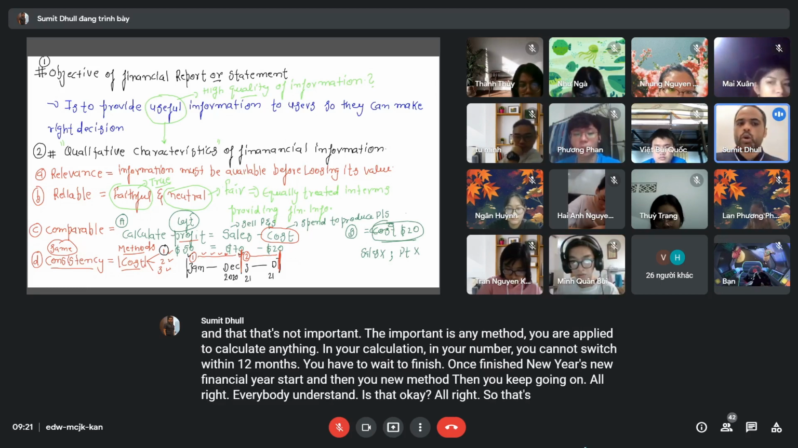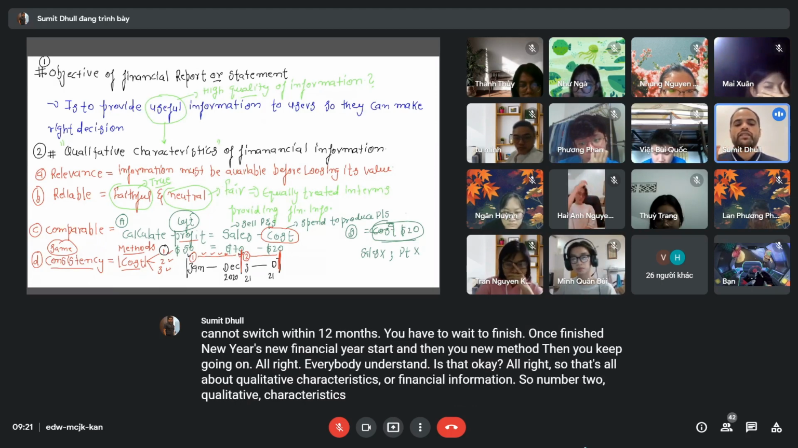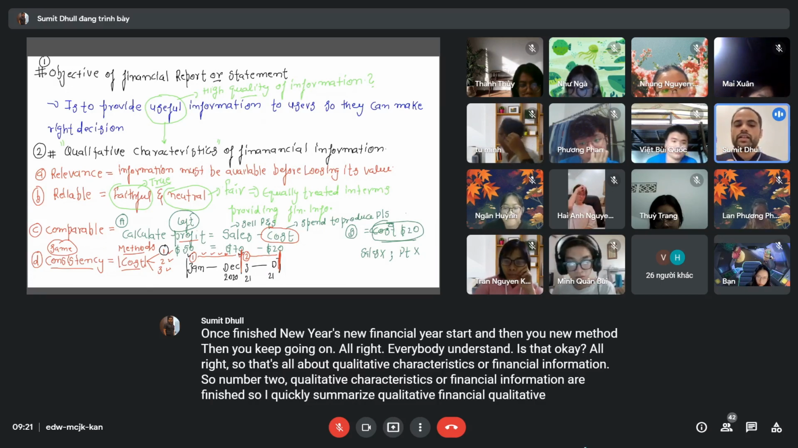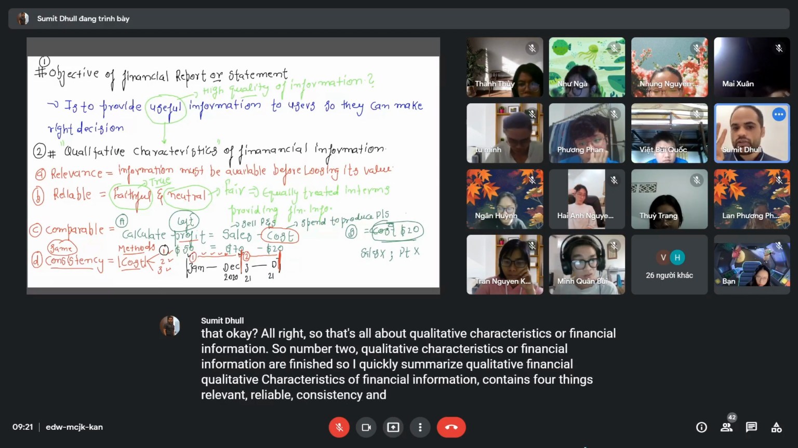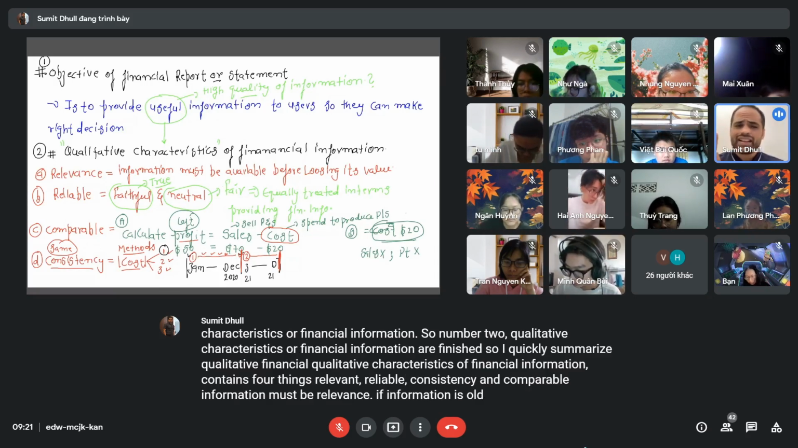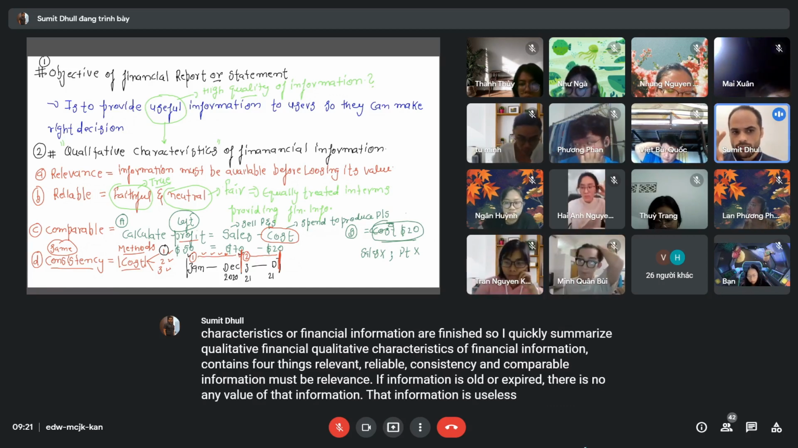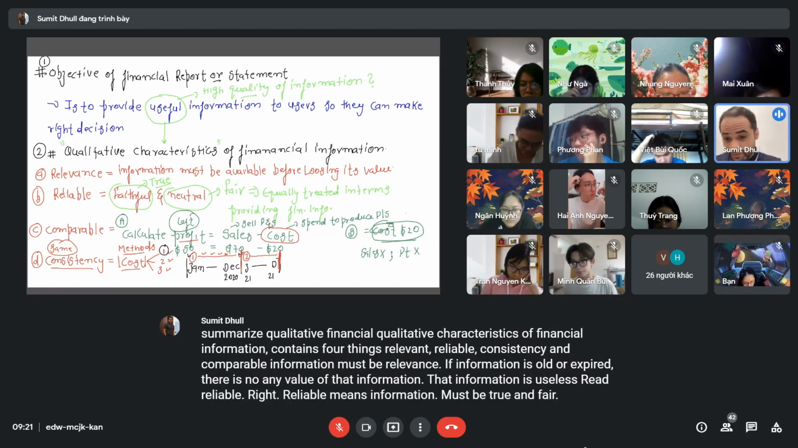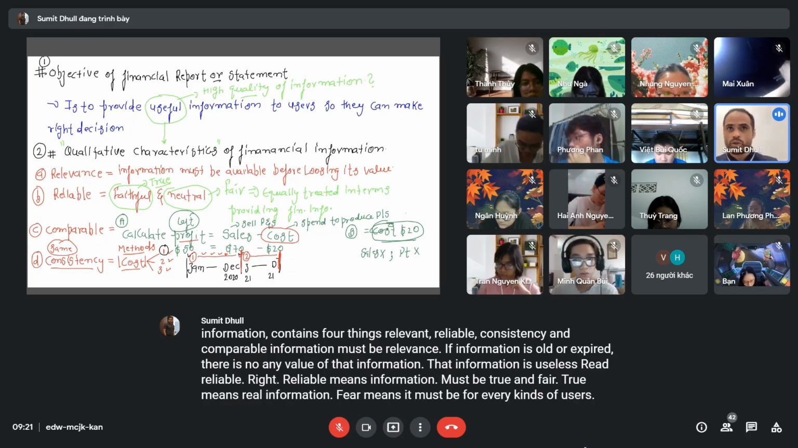So that's all about qualitative characteristics of financial information. So number 2, qualitative characteristics of financial information, is finished. Let me quickly summarize. Qualitative characteristics of financial information contain 4 things: relevant, reliable, consistency, and comparable. Information must be relevant. If information is old or expired, there is no value in that information. That information is useless. Reliable means information must be true and fair. True means real information. Fair means it must be fair for every kind of user, not only the shareholder or government or powerful